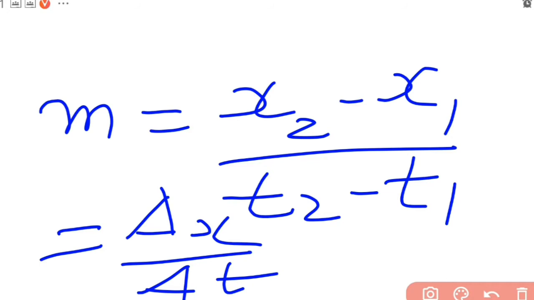Average velocity. So that is how we conclude that the slope of the position time graph gives average velocity. For which type of motion? For uniform motion. For uniform motion, the position time graph is a straight line and the slope of the graph gives average velocity. Even if you don't know the steps, just learn this point: the slope of the position time graph gives average velocity in the case of a body in uniform motion.